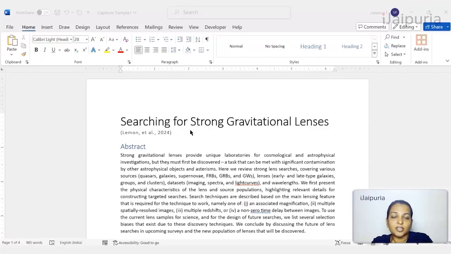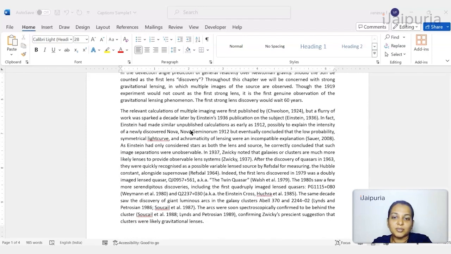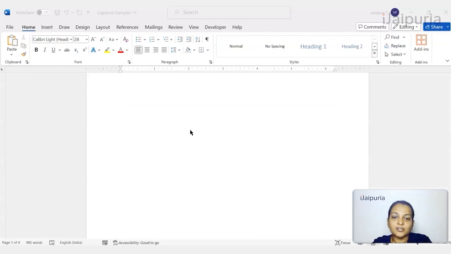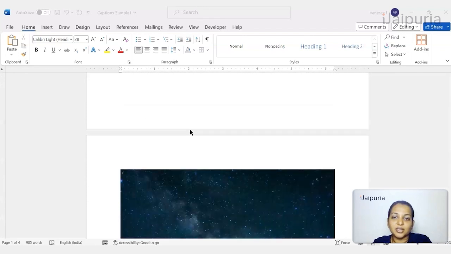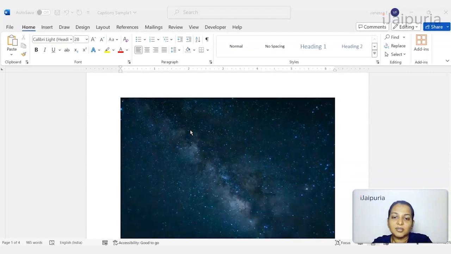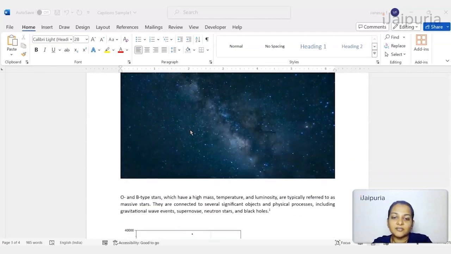So let us head to Microsoft Word and let us see about these caption section options, and let us see how we can make use of it. Alright, so into this document, you can see that I am going to be adding a few more details. Say for example, if I scroll down, I have this image that I have added and I have not yet added any caption to this.